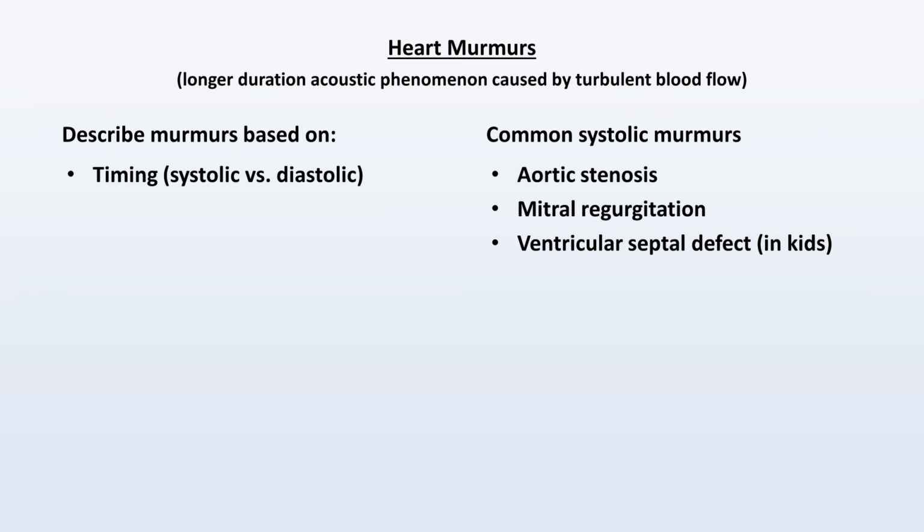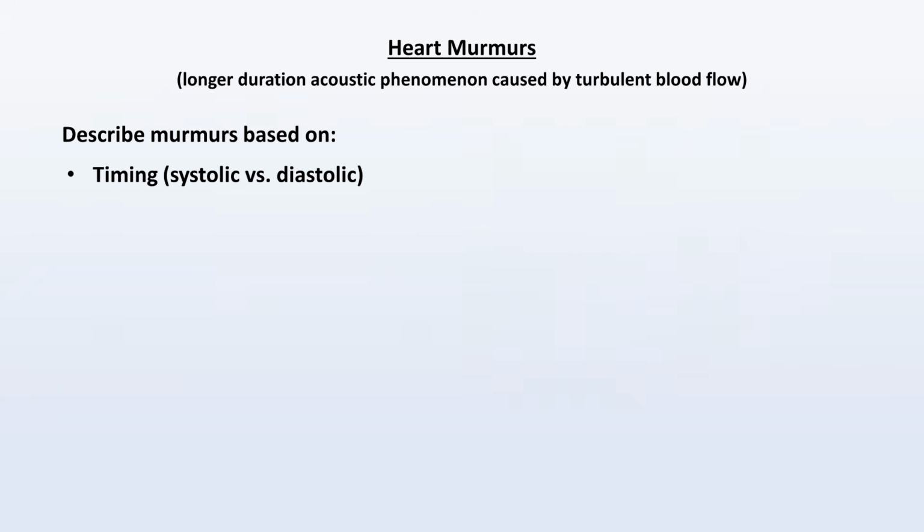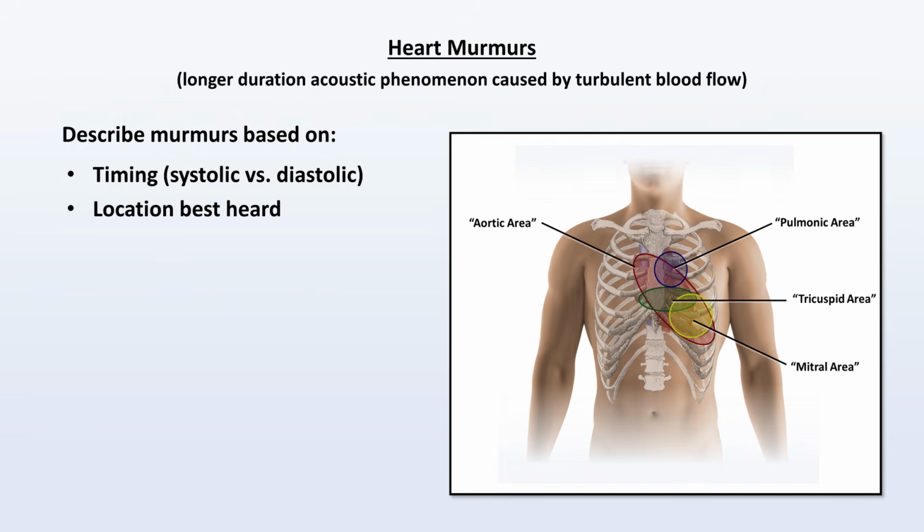They are classically subdivided based on timing, whether they occur during systole, such as that from aortic stenosis, mitral regurgitation, or in pediatrics, a ventricular septal defect, or occur during diastole, such as aortic regurgitation and mitral stenosis. Other valvular diseases can also cause murmurs, but these are collectively uncommon to hear. If you do hear a murmur, in addition to its timing, there are other characteristics which you should describe. The location where it's best heard,